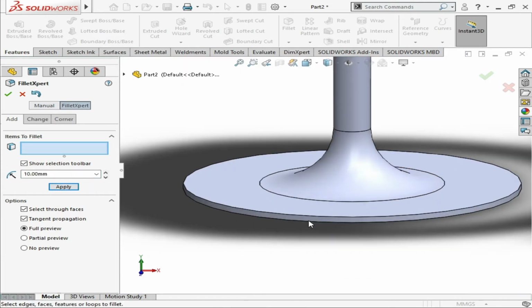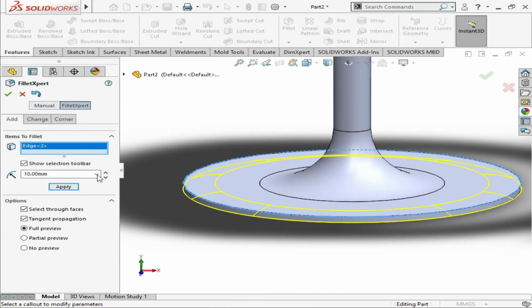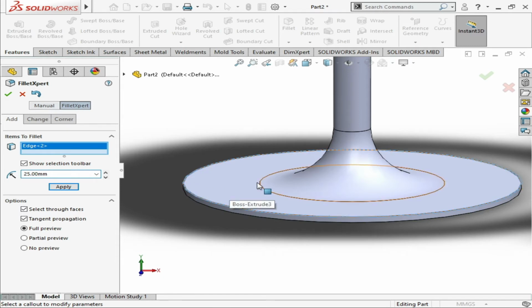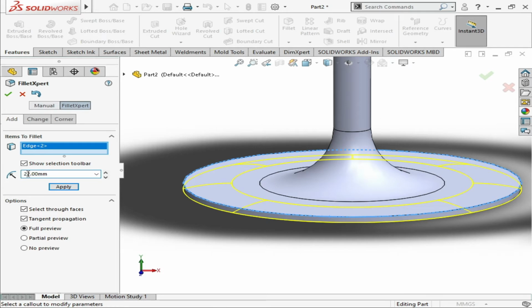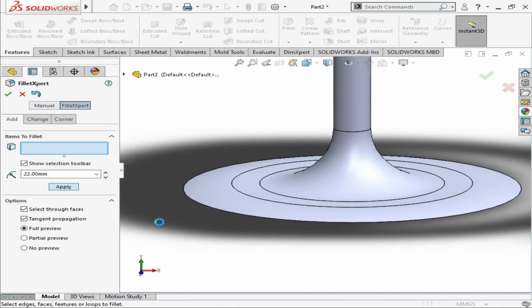After that you have to round these edges as well. Click on this, increase it to 20. When the yellow lines disappear, it means you can't fillet it, so you have to decrease the length. For example 22, apply it.